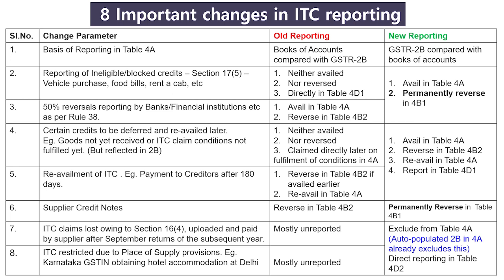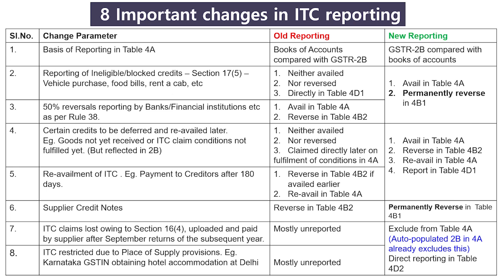Let's say a supplier is made payment after 180 days. Again, there were different practices which were being followed. With the new reporting, in the month of 2B reflection, it has to be availed, temporarily reversed under 4B2, reclaimed on payment made to the creditors, and then the reclaim should be reported in 4D1. The next change,